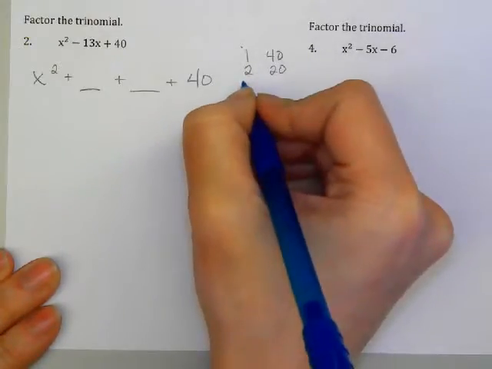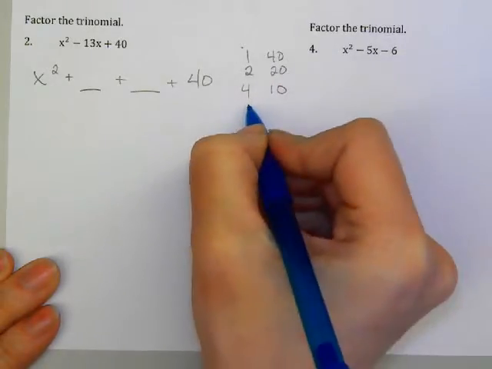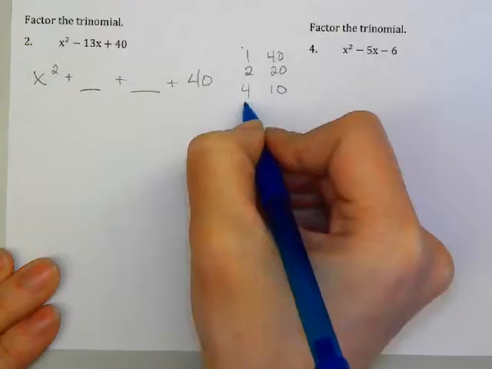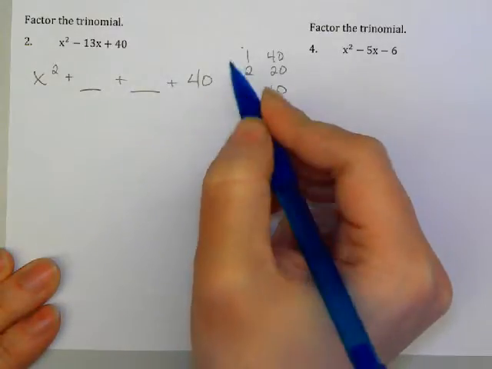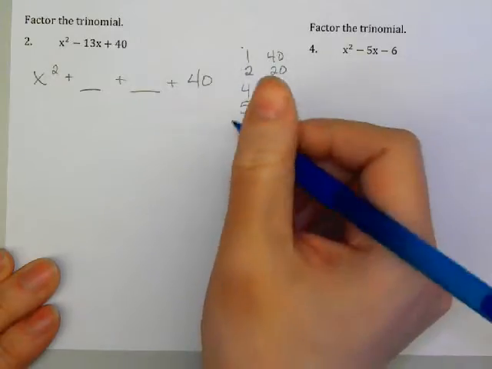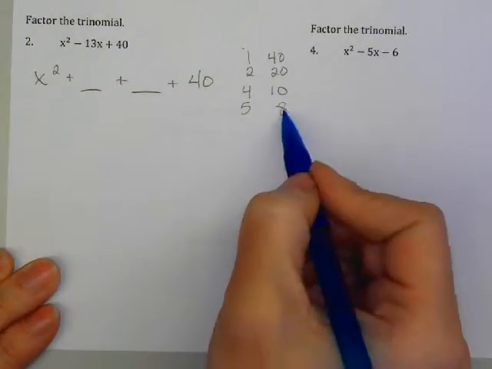5 and 8, not divisible by 6. Is it divisible by 7? And then we're back to 8 and 5. So these are all of our factors, and because this is positive and this is negative, we know these are all negative. So what pair of those adds up to be